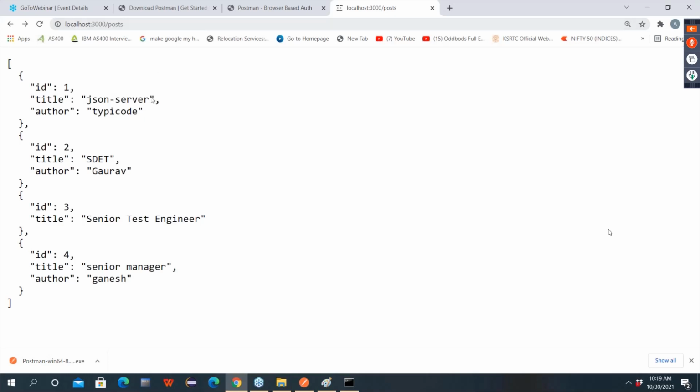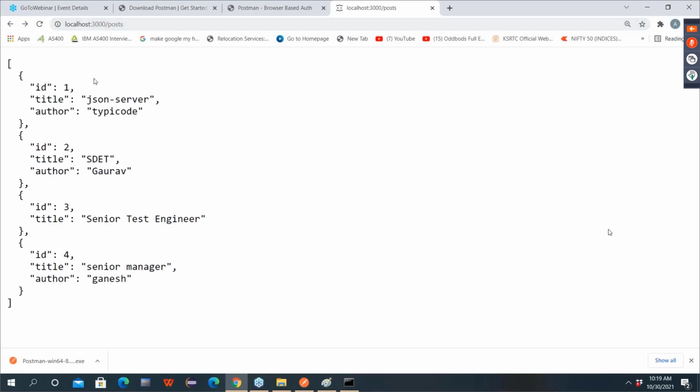So which object I want to delete, I need to identify uniquely. Always remember, for get request and post request, unique identification of the object is not required. But for put, patch and delete, unique identification is compulsory. Put: which object needs to be updated, which object needs to be updated partially, and which object needs to be removed.